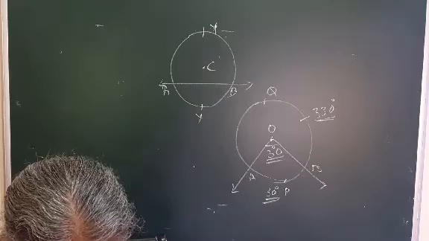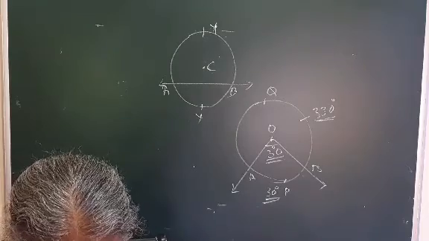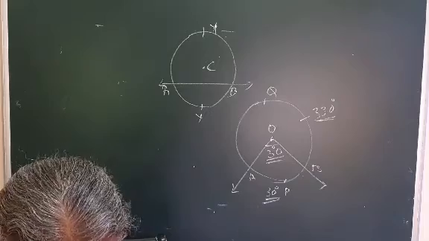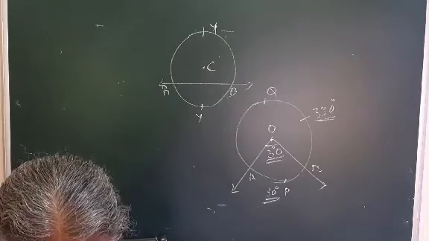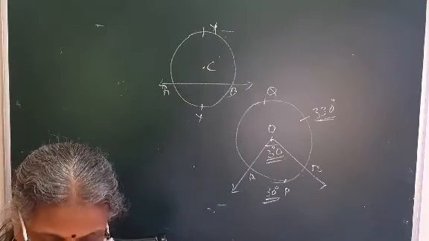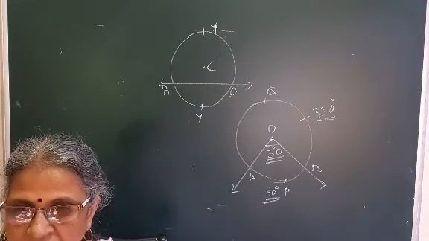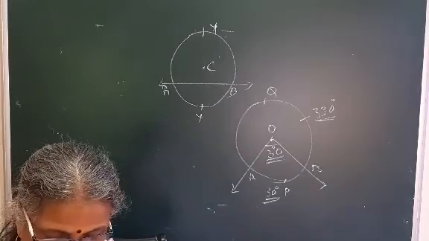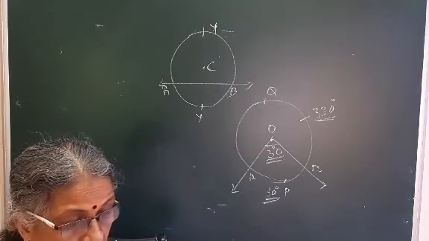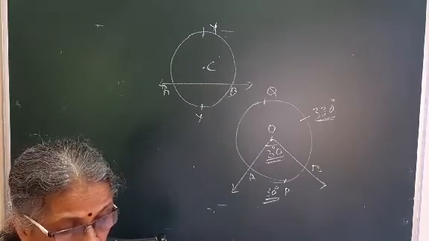So it is very easy. PQ congruent SR, you are already given. OP congruent OS, radii of same circle. OQ congruent OR, radii of same circle. Therefore the two triangles will become congruent by SSS test. Followed? So by SSS test you are going to show the triangles congruent, that is triangle OPQ and triangle ORS.